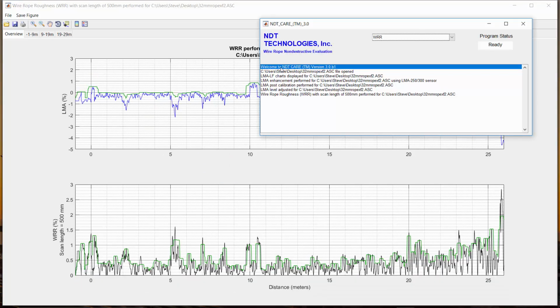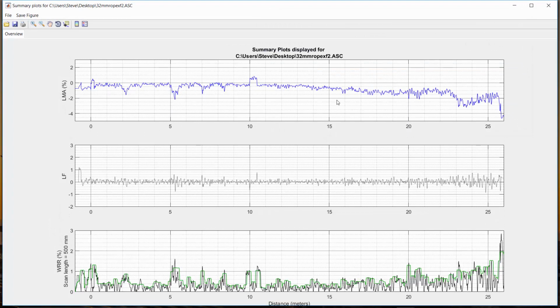As a reminder, as we go through, we have a log of the actions that we have taken. As part of that log, it tells us, for example, when we did enhancement, the sensor head that we used, so we can remind ourselves what we used, as well as the scan length of 500 millimeters, which is what we saved. We can now look at providing summary plots for reporting purposes, which shows the LMA in %, LF,